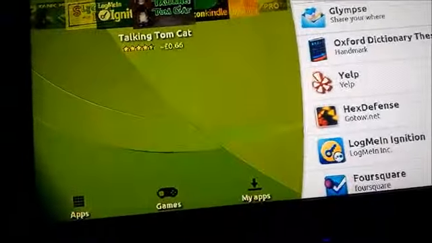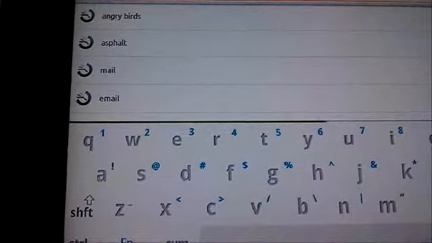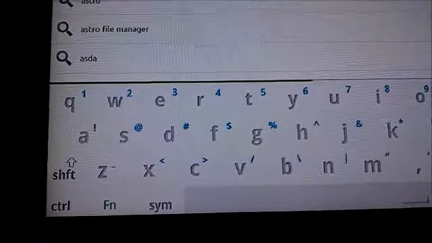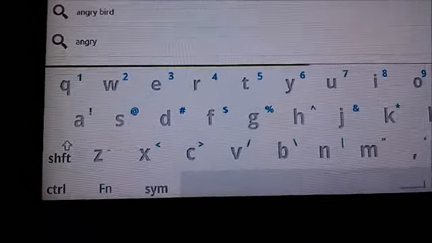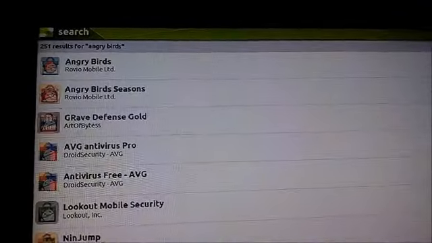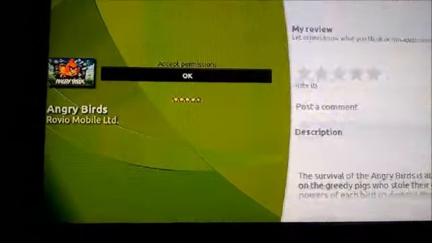We've got everything there. I'll just download something everybody's been wanting to see. Don't quite get why it's such an addictive game. I've never really got into it. A lot of people seem to like it, so